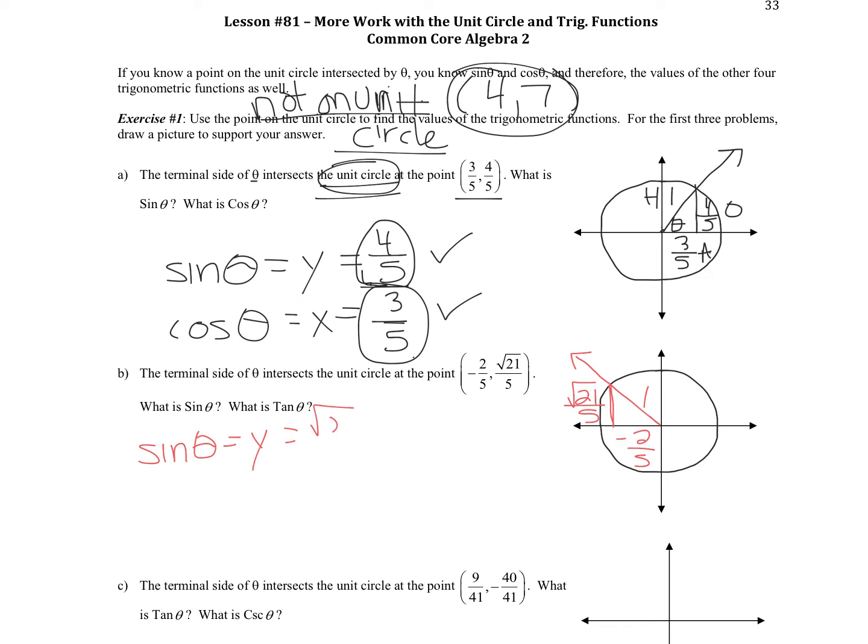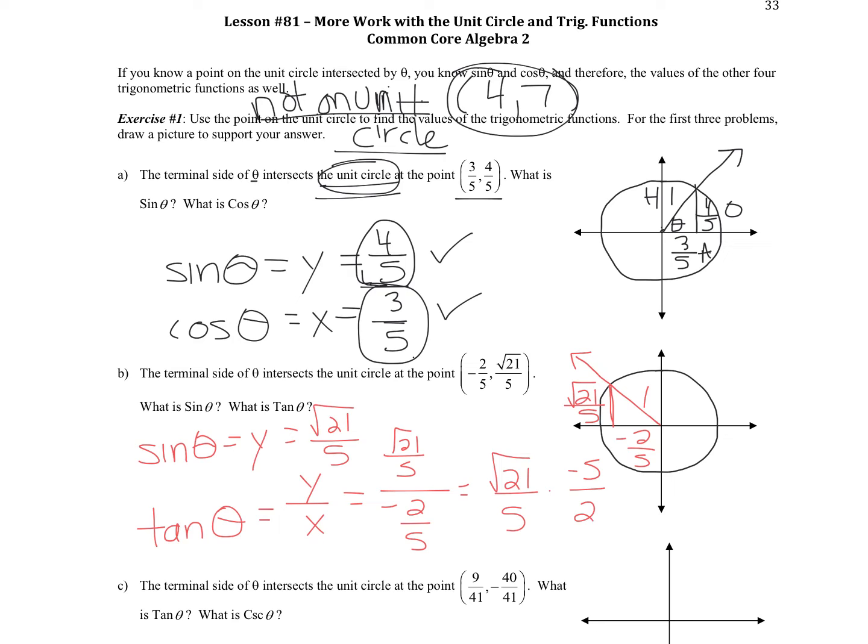So that's radical 21 over 5. The tangent of theta is y over x, right, for the point on the unit circle. So that's radical 21 over 5 over -2/5, which equals radical 21 over 5 times -5 over 2. So we have negative radical 21 over 2